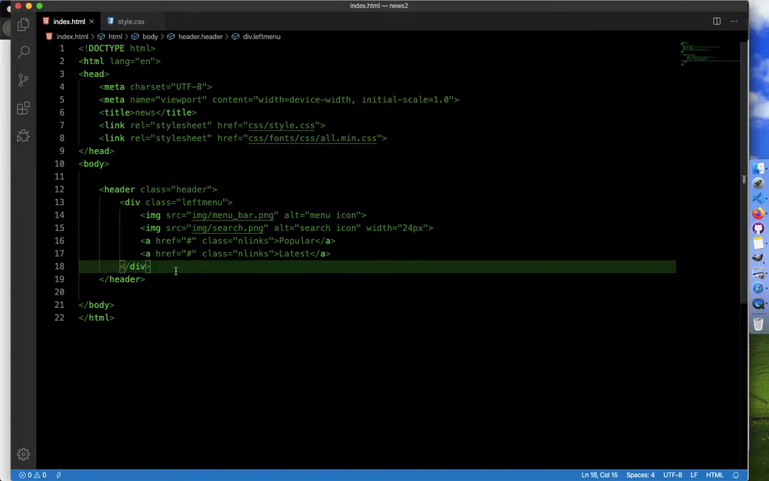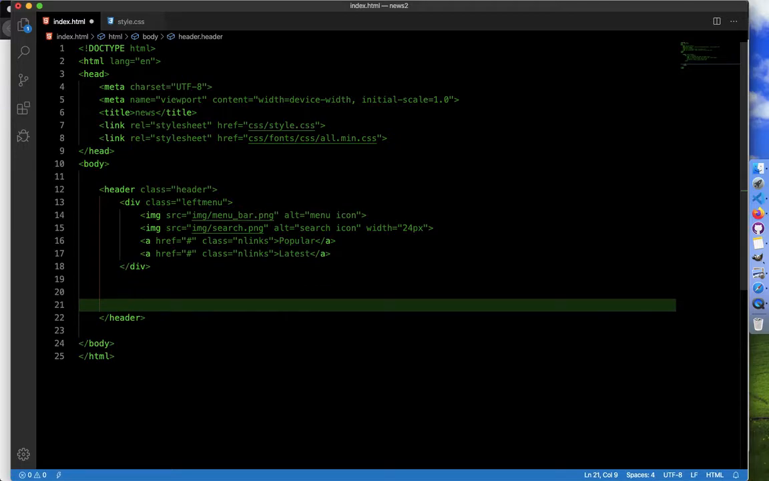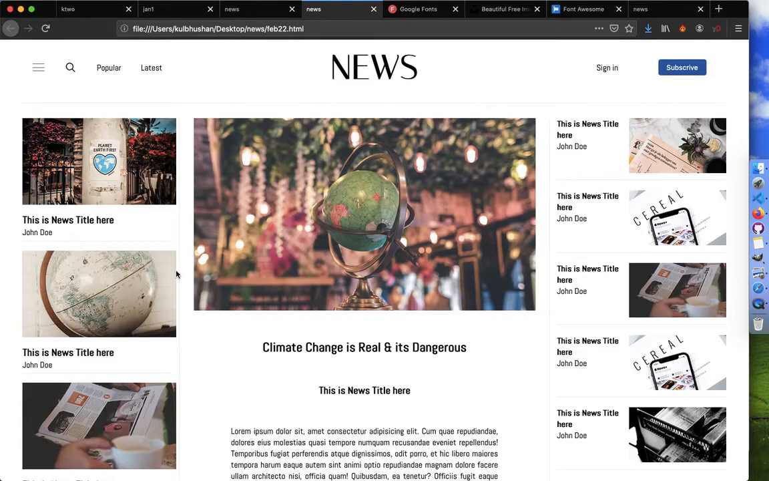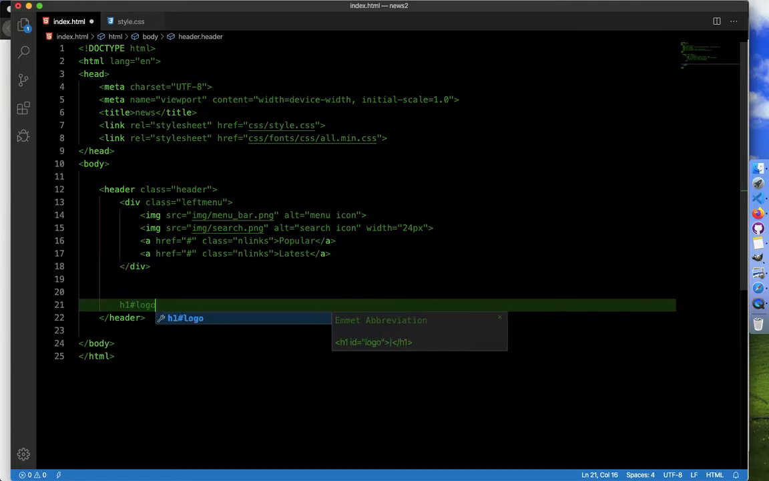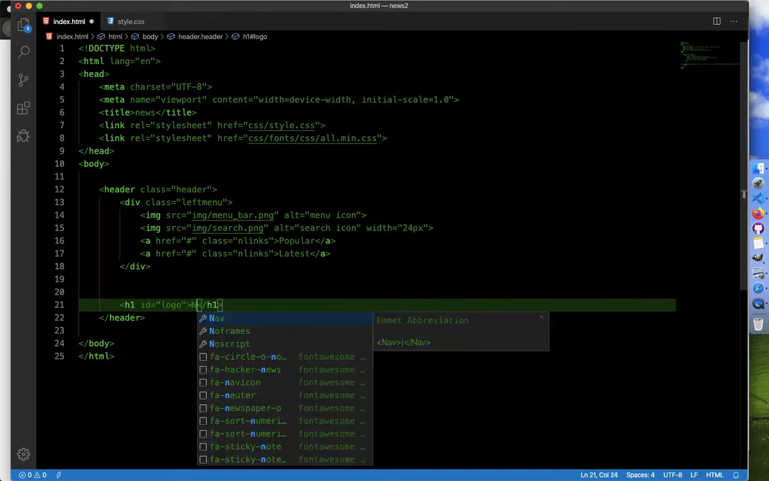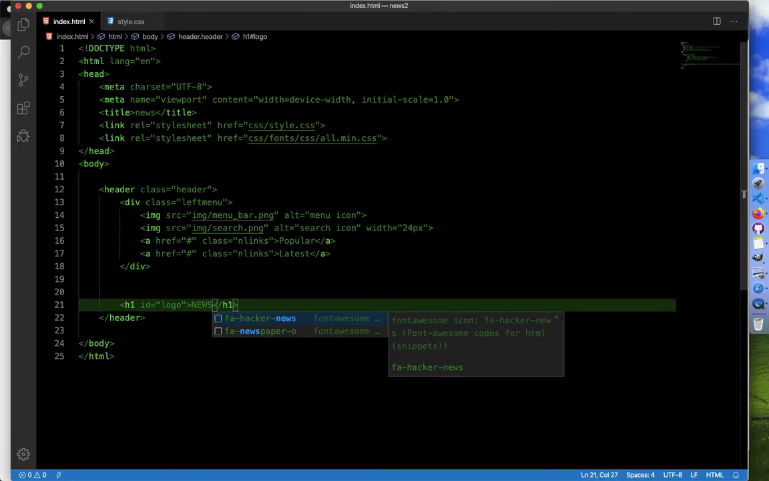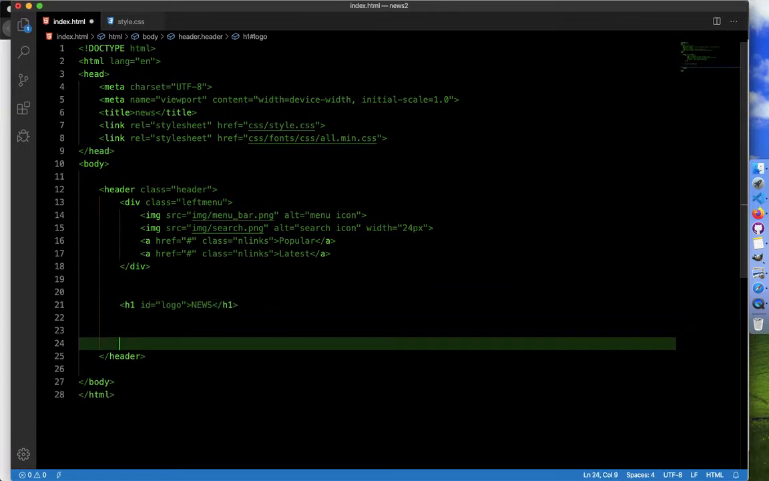We need to create the middle section. That is just the text. So we could put h1 and give it an id of logo that is created. We need to write news. I'll be giving the font as well, do not worry. Now the third thing that we need is